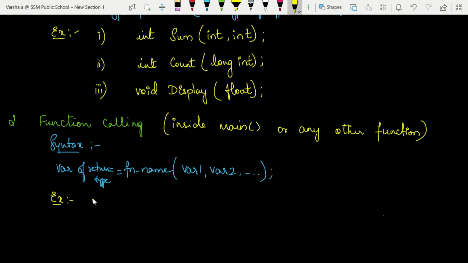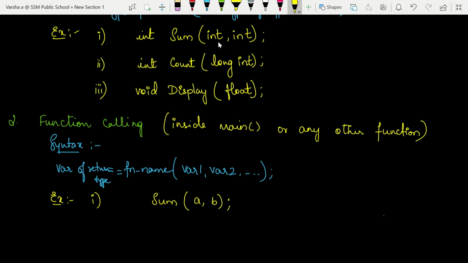What is the first function? It finds the sum of two numbers and gives out the answer, which is the sum of the two input values. I need to call the function by mentioning its name and the values to be added, or the variables which contain the values to be added. So I'm going to give a comma b, assuming a and b are already declared as integer variables and I have assigned some values to them. I might have given static initialization, or I might have asked the user and used a scanf statement to initialize the values. Some values are stored in the integer variables a and b.